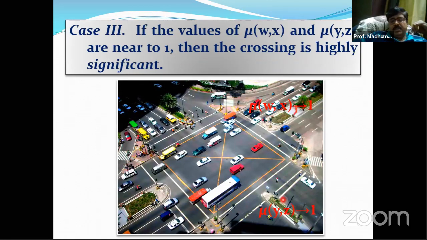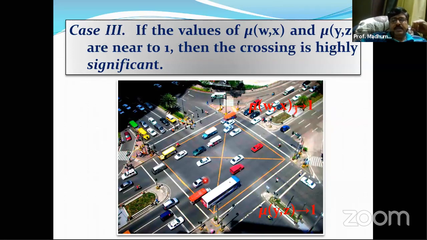But for this case, see that both roads are highly crowded, and in this case a heavy traffic signaling system is required. So on this road WX, mu WX tends to 1, and for this road YZ, mu YZ tends to 1. So these are the three types of crossing